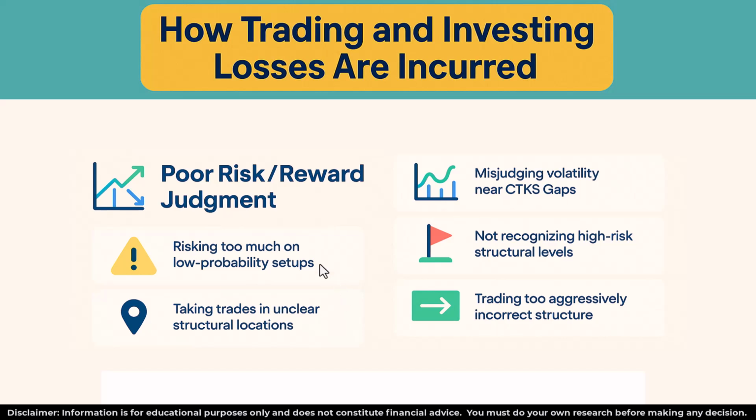There are also things called CTKS gaps. If you misjudge where the CTKS gaps are, you're going to be in a lot of trouble because volatility can cause losses and then rebound into gains. If you've ever experienced a downtrend and then you sold and then it just went parabolically up, you understand CTKS gaps already. I'm going to discuss those more and give you examples.